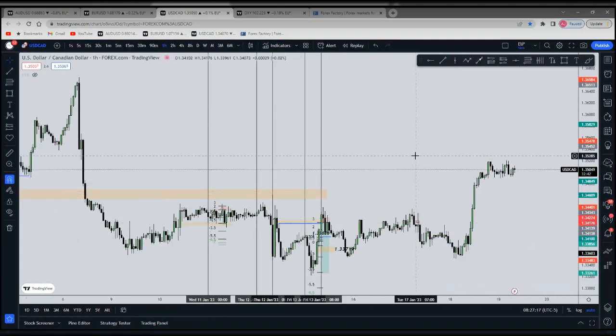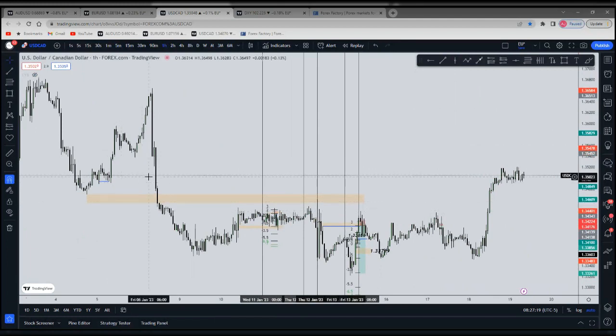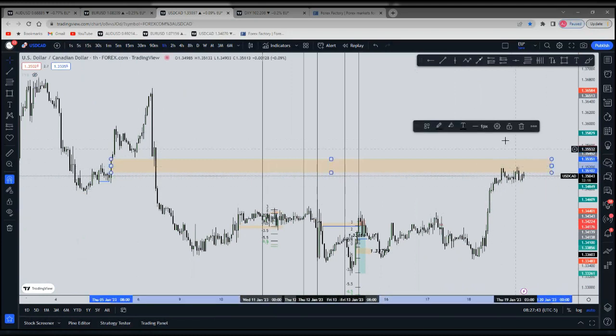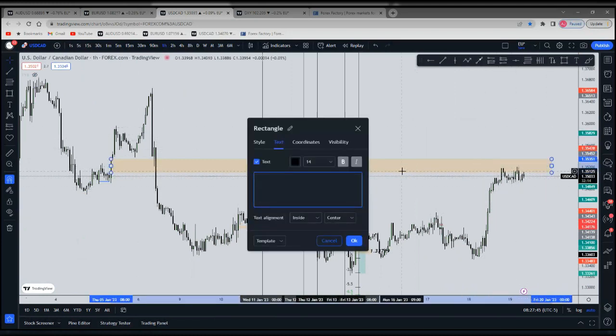Looking at USD Canadian dollar, we can see that price went up to this FVG, which is also a BPR, because there are two FVGs. There's one FVG going up and one big FVG going down. So this is a balanced price range. You can also see how price has been stagnant and consolidating in this balanced price range. And that's exactly what we want to see